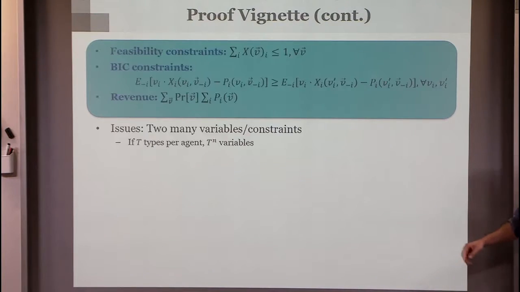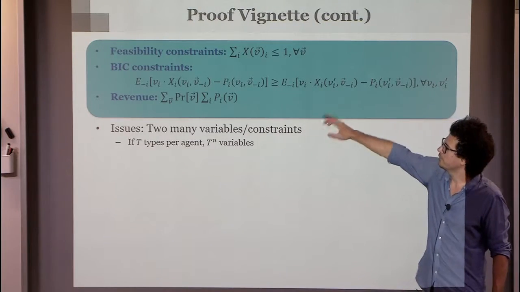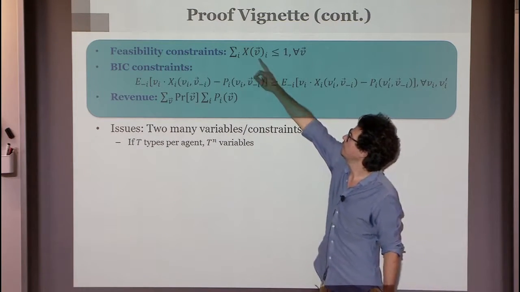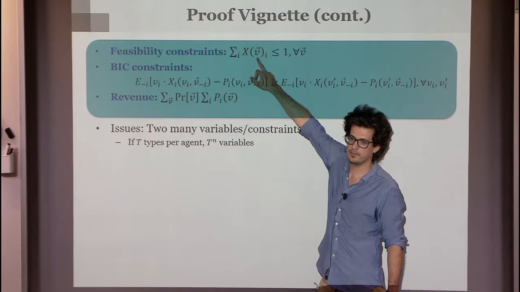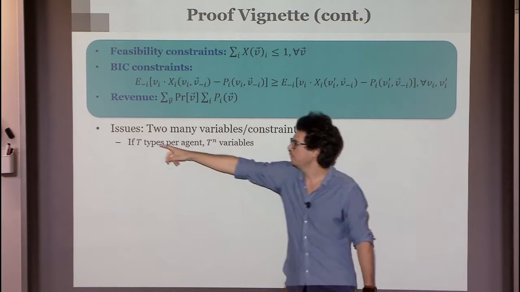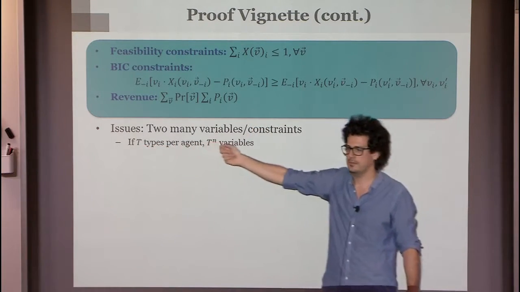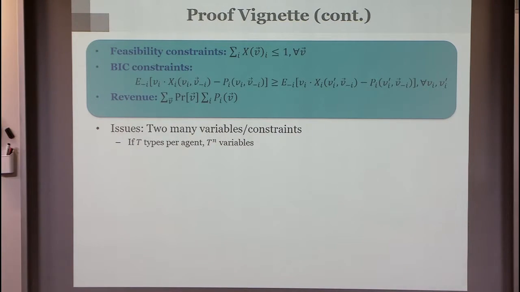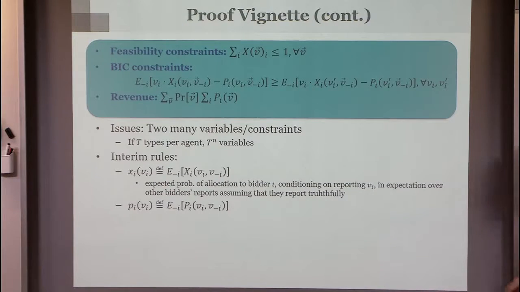But the issue is that this LP has too many variables, right? I have two variables for every possible report by the other bidders. So if every bidder has t possible values, then the number of variables is exponential in the number of bidders, which is not something I can accommodate. So the proposal, an interesting proposal,